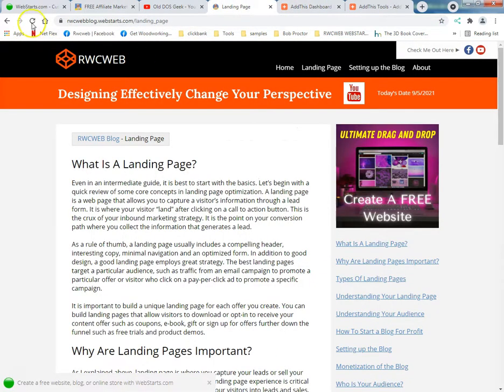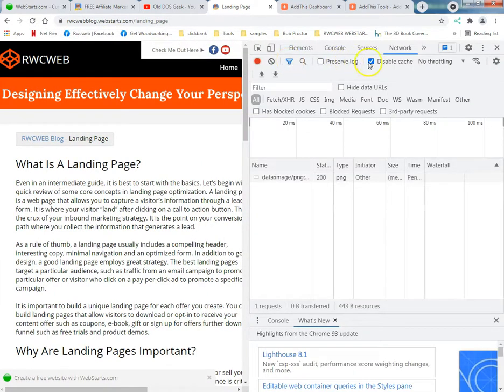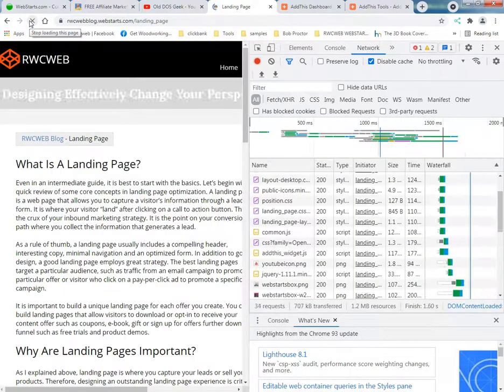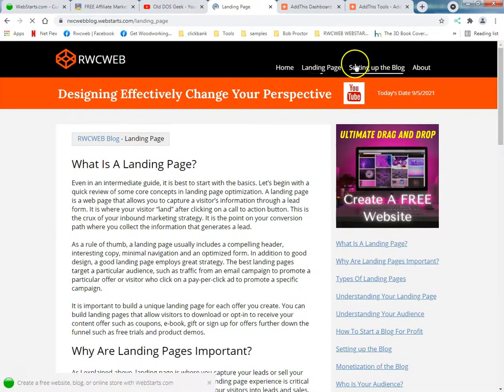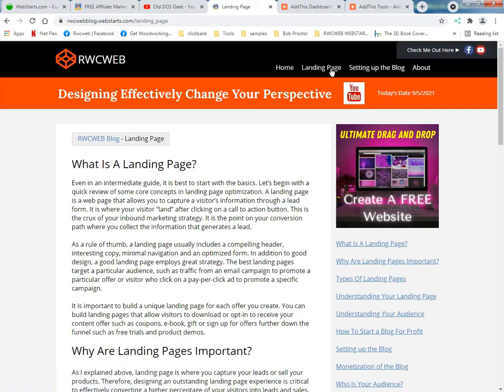Alright, now I don't know if you remember my teachings, what to do when your site is caching. You hit F12. Okay, disable cache, refresh. Okay, let's see if it worked. Bottom. Okay.